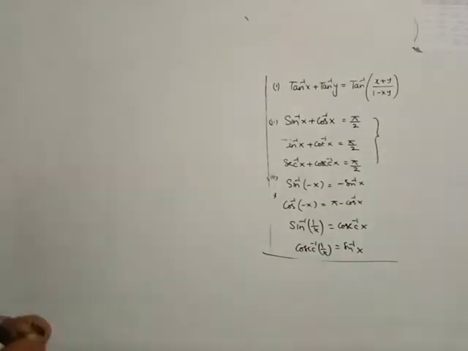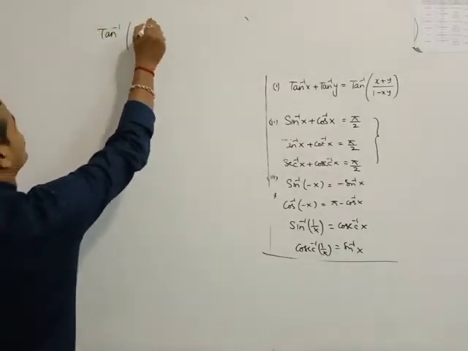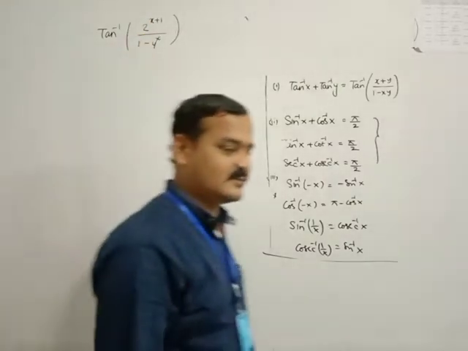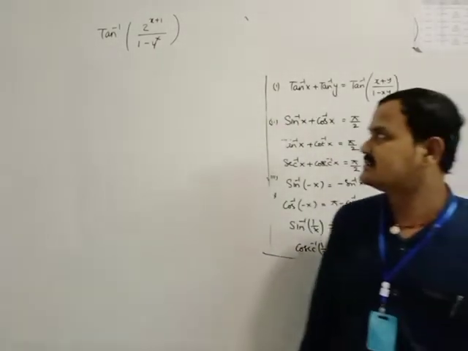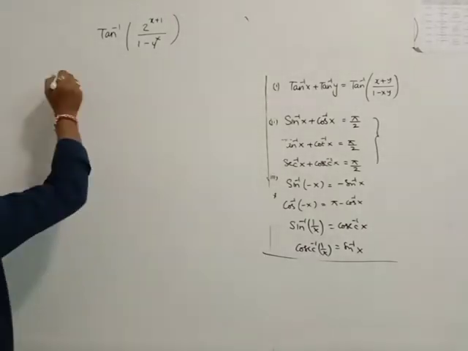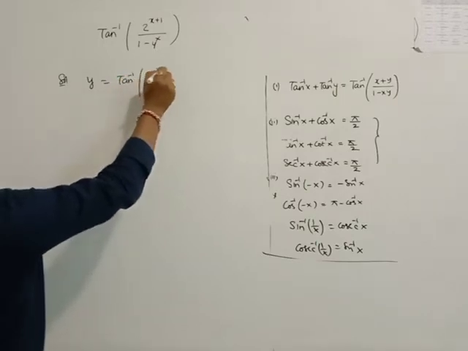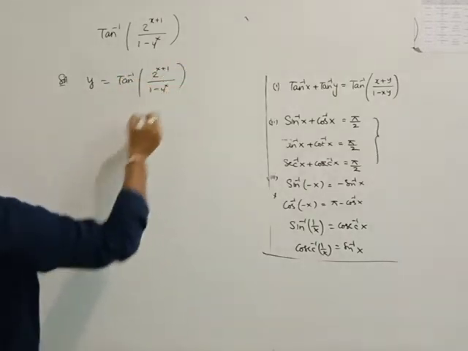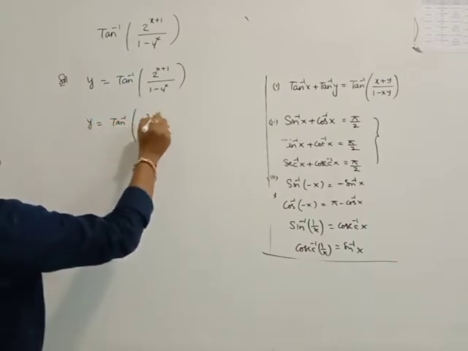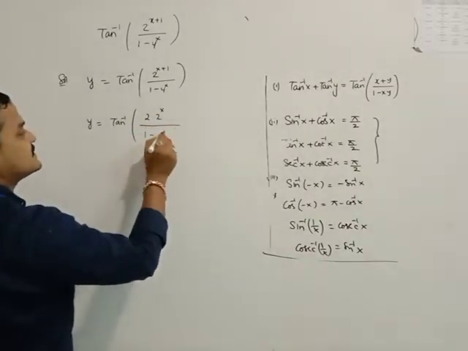Again, some questions are there: tan inverse of (2 power of x plus 1) by (1 minus 4 power of x). This is also a competitive exam question. It is in the CBSE, ICSE question papers also, but not in the CHSE textbook, but it is an important question. Solution: y is equal to tan inverse of (2 power of x plus 1) by (1 minus 4 power of x). So it can be written as y is equal to tan inverse of 2 into 2 power of x, because the bases are the same so powers can be added, by 1 minus (2 power of x) whole square,